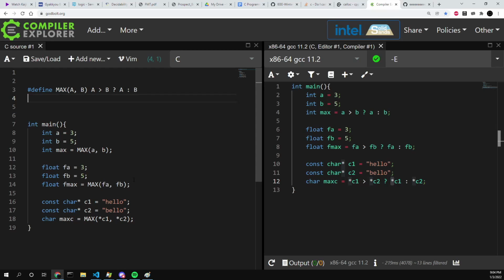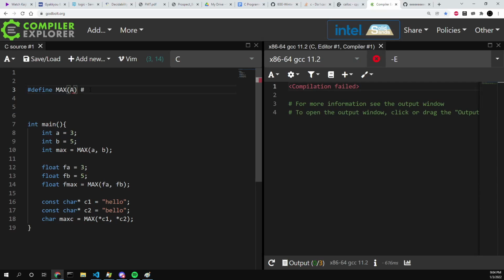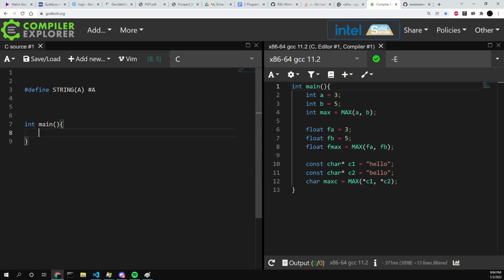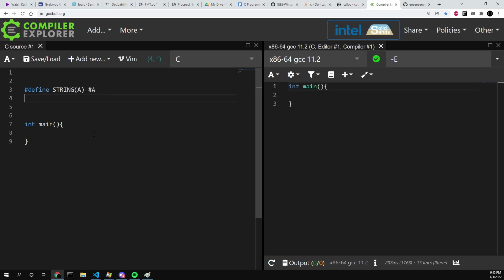The first operator you can work with is the stringizing operator, which is this hashtag symbol. So the stringizing operator converts whatever is after it into a string. So if I say, I'm going to call this string str string and then hashtag A. So effectively what this does is convert whatever you pass in as A to a string. So the easiest way to see this is if I literally say string hello world here, it will convert this into the string